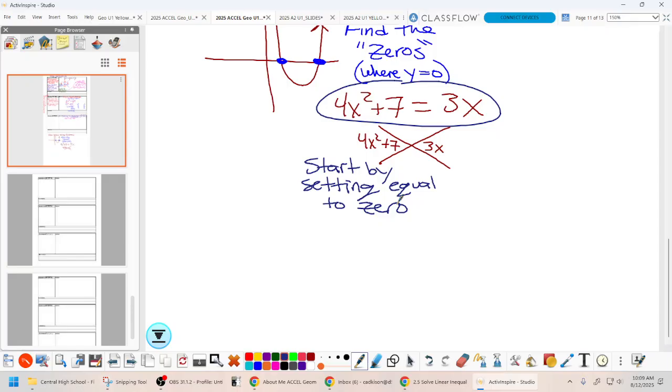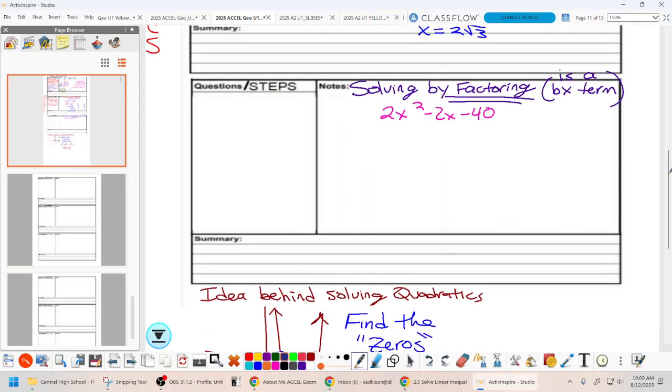Okay? Everybody clear? Okay. I will post this if you didn't write it and want to. If you change your mind, you can go back and do that. So, step 1. Get the equation equal to 0. So in this case,